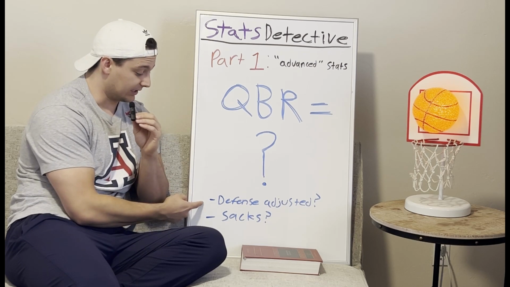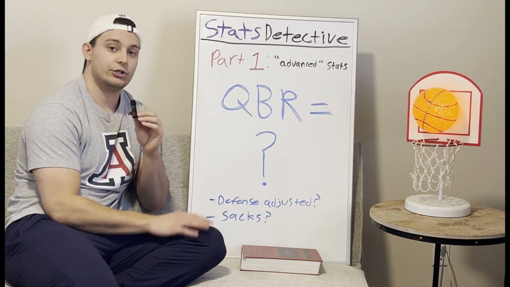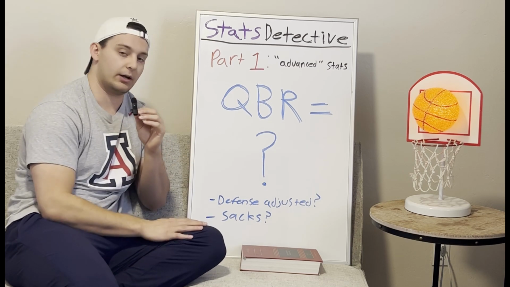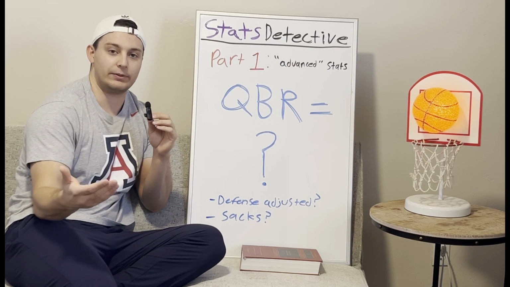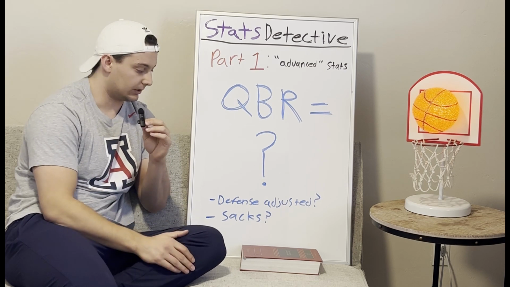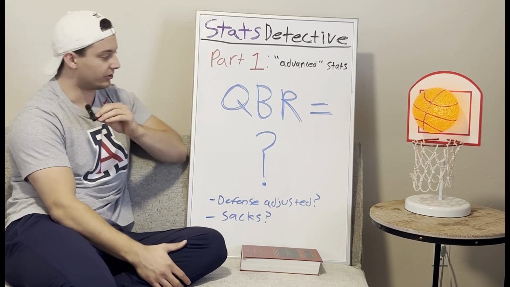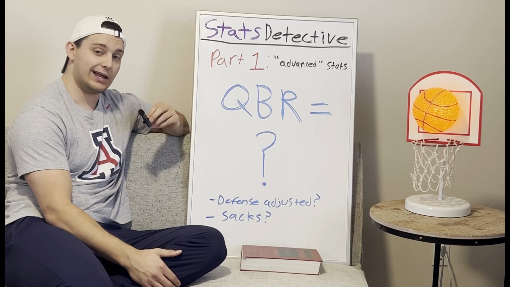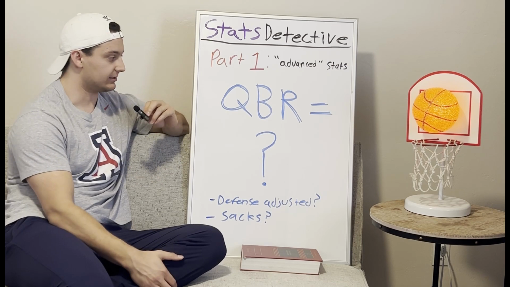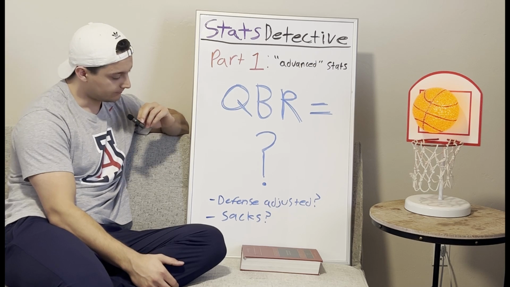I think they're adding too many things to their model that comes out with a number, and it just doesn't end up helping. It actually ends up hurting. So yeah, there's my rant on QBR. We will now go on to the head-to-head analysis, and we'll get a little bit more into it.